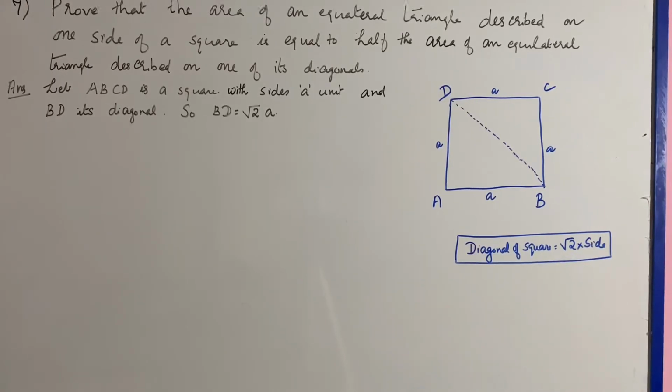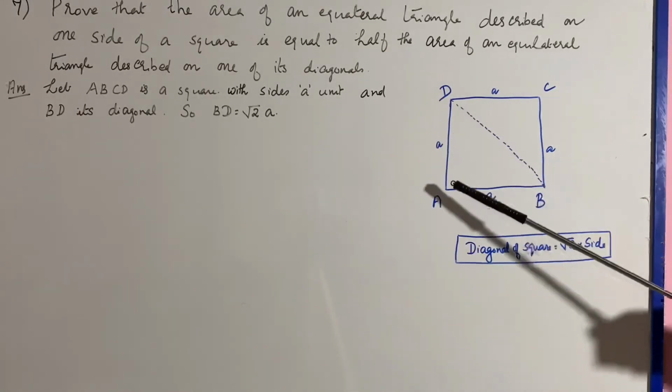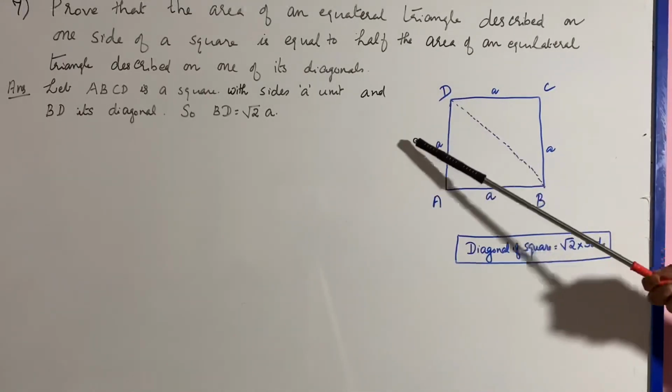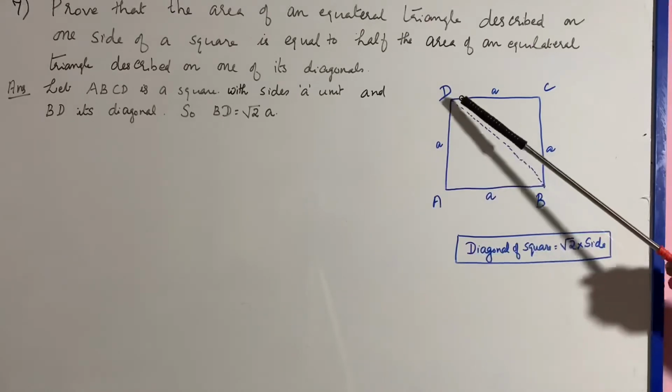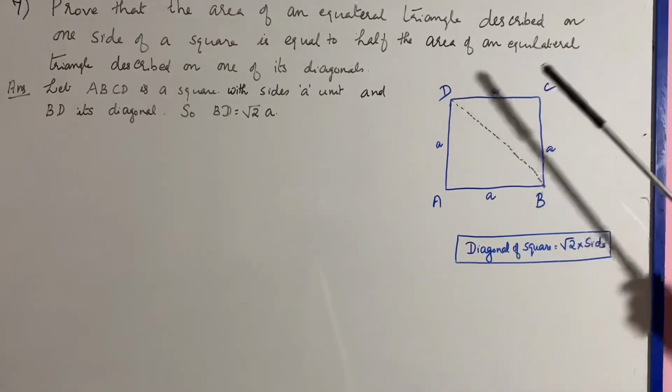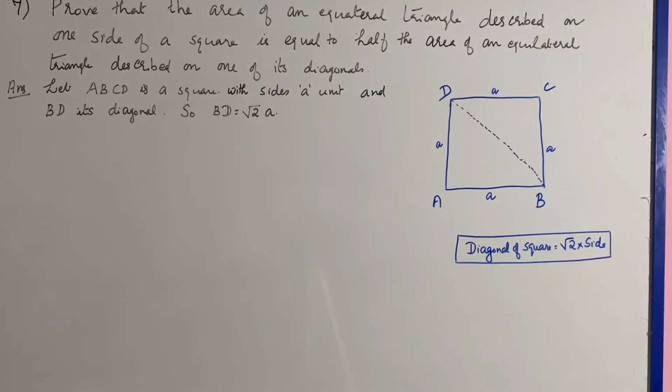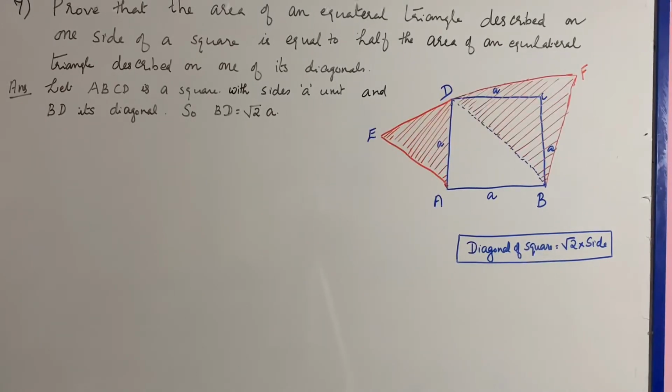Now, the equilateral triangles are described on one of its sides and its diagonal. Okay, draw that first. Now look at the figure. ADE is an equilateral triangle described on the side AD, and BDF is an equilateral triangle described on the diagonal